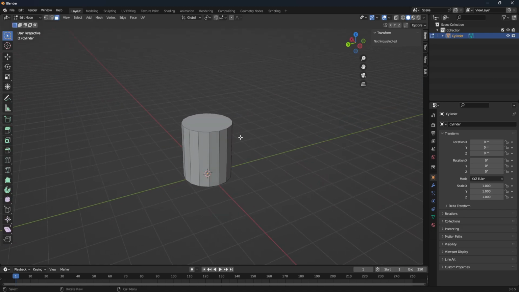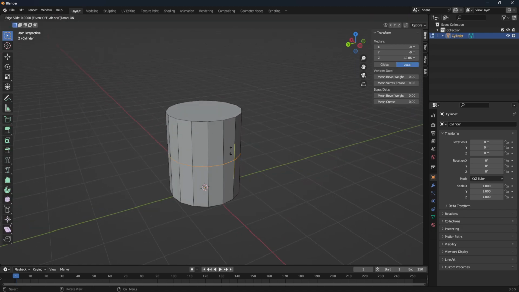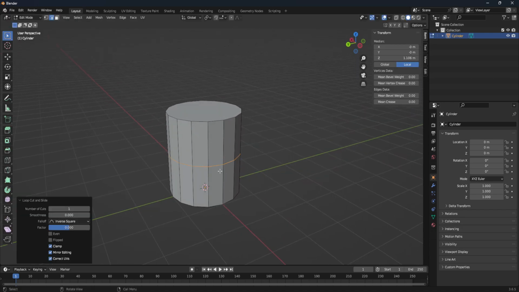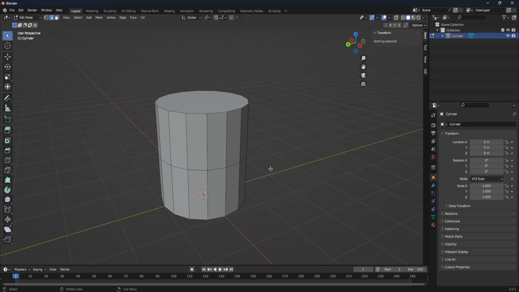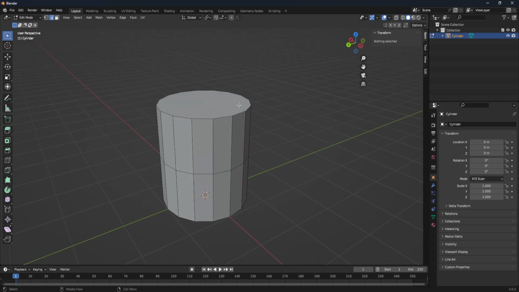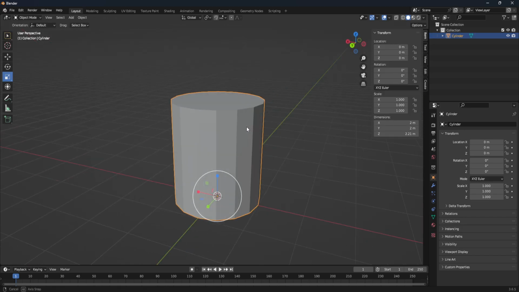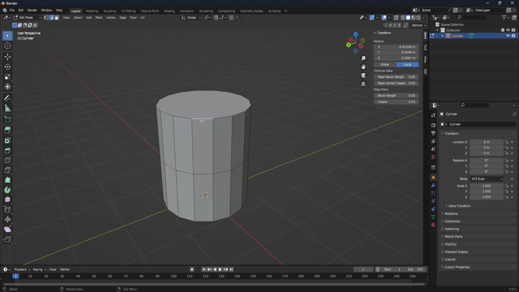So for this object here, you can add some edge loops, right? There's another tool called Bevel, which I use pretty often. Bevel can split an edge, which can be helpful for making some of your models look a little nicer. So for example, if I wanted to make this a more interesting looking edge in Blender,